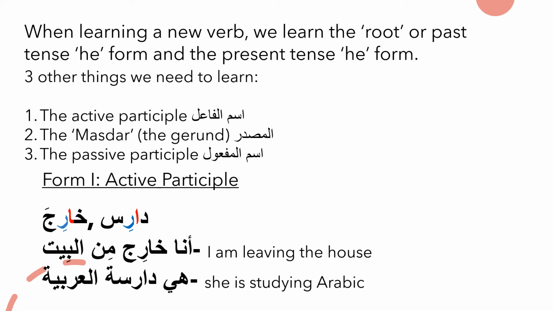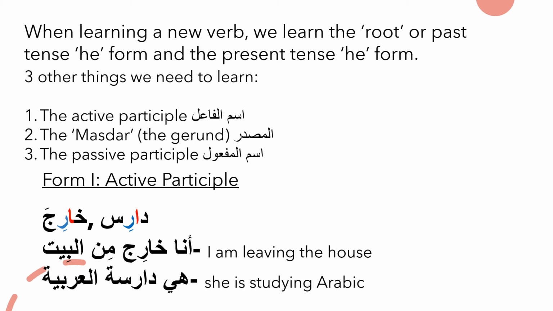So first of all, the form one active participle. If you're anything like me, you may find that forming the present tense in Arabic can be quite convoluted. There's lots of suffixes and prefixes that you have to remember. And to do that for all the different verb forms, I personally have always found quite difficult to remember. One way that you can get around this is just by using the active participle. It makes your speech and your writing a little more informal, but it is still quite common to do this in Arabic. So for example, daris and kharij,